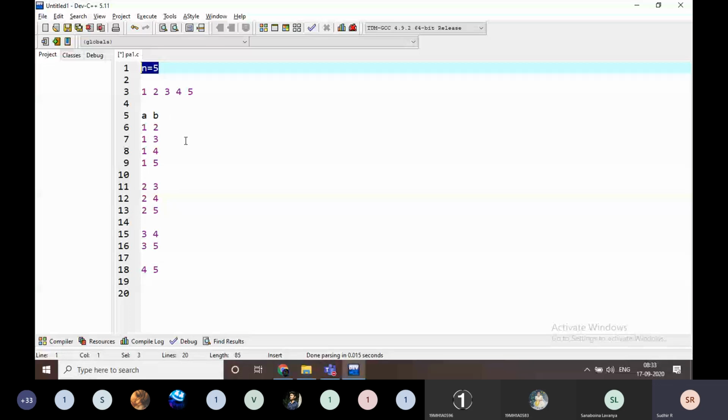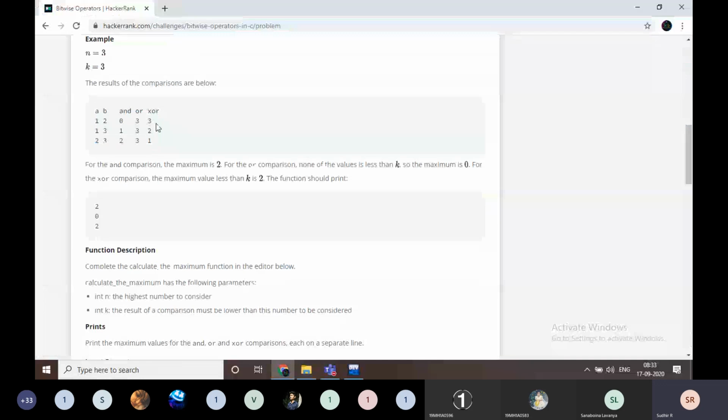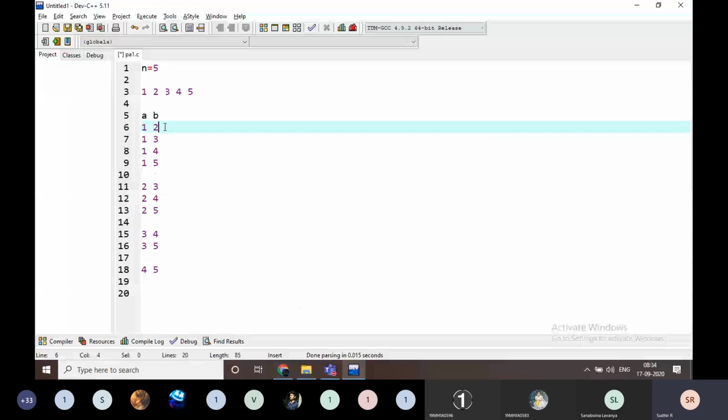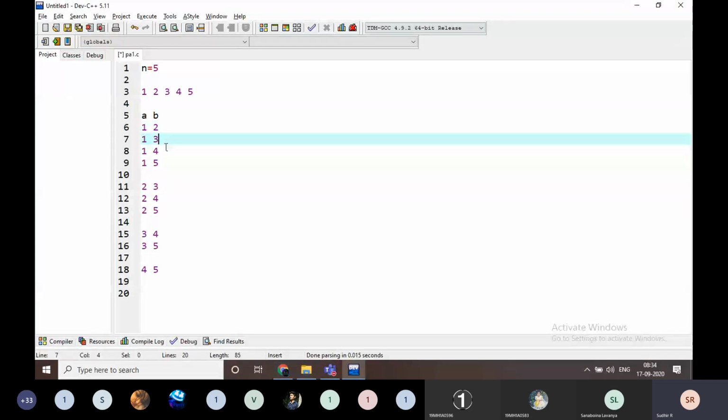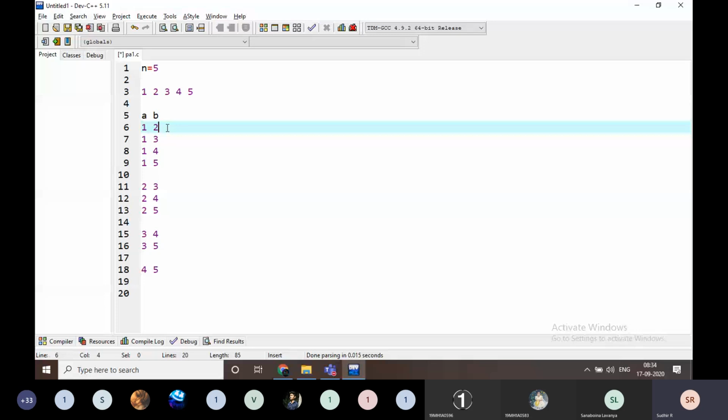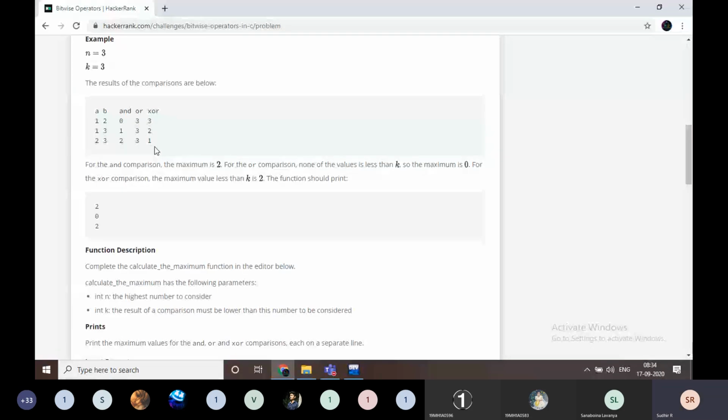Then we have to consider what is the AND value, what is the OR value, and what is the XOR value for each pair. But we have to print the maximum AND, the maximum OR, the maximum XOR value.